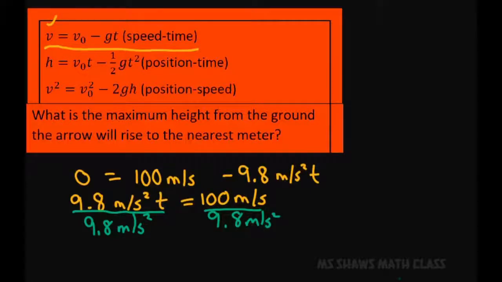And you'll end up getting, basically, t equals 10.204